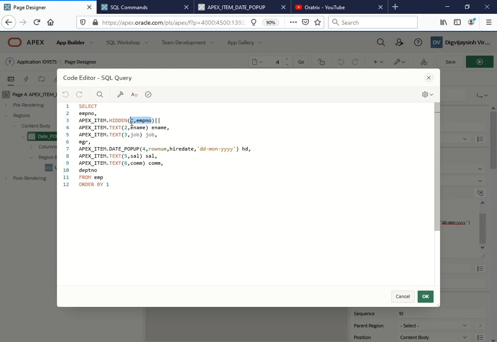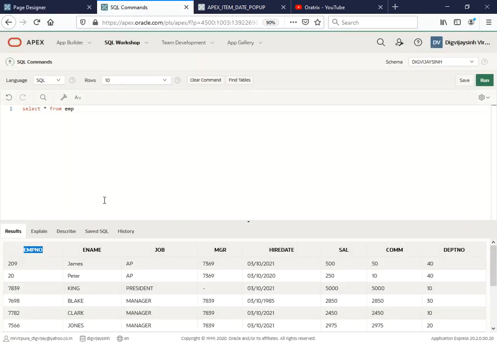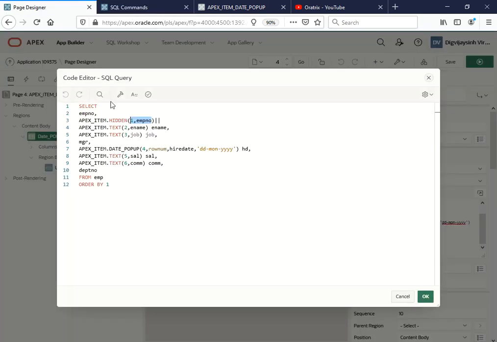I want that to be kept hidden, so that's why I've taken it as hidden. Next we have ename, which is the second item, as a text, and the value is written with the alias ename. The same for the job, that is third. Other than that we have MGR. I don't want to make any changes in that.